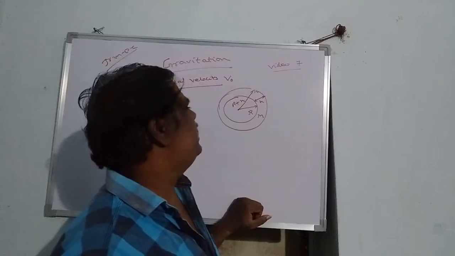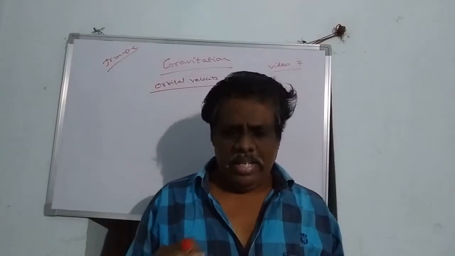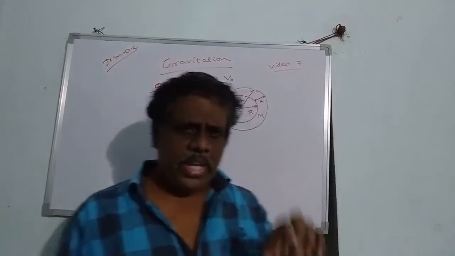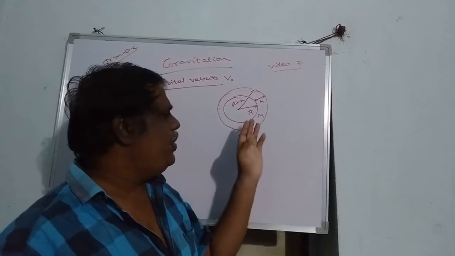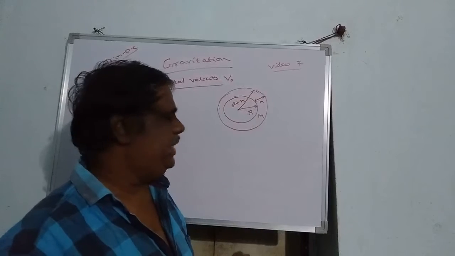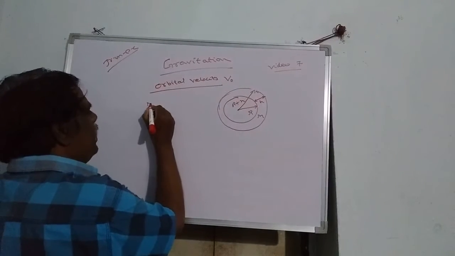So what is this orbital velocity? That is a horizontal velocity. A horizontal velocity required to keep the satellite in the Earth orbit. So how do you calculate this orbital velocity? From Newton's law of gravitation,